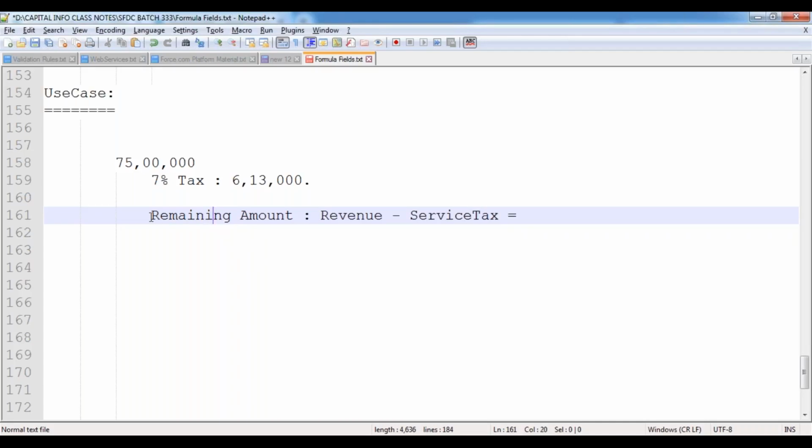So remaining amount is one formula field, which will calculate the amount I have right now. What is my net amount? This is my gross amount, the total amount I'm earning; then there are tax deductions, and after that I get the net amount. How can we get that net amount? Let's see practically.